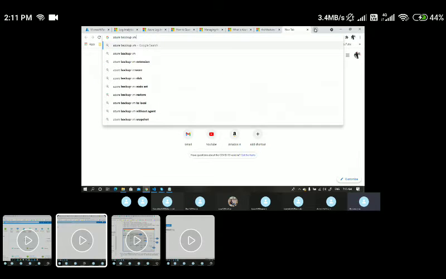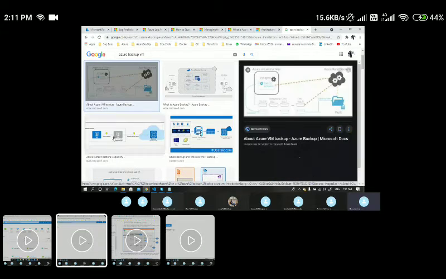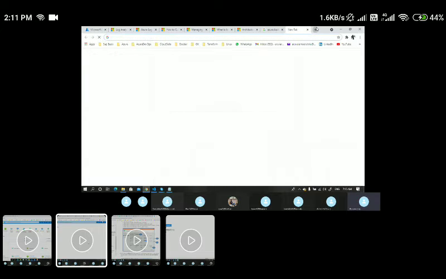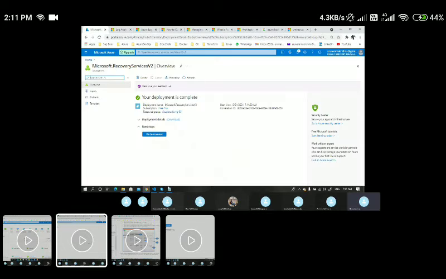Okay, Azure Backup VM. So I'll go to some of the images here. Yeah, so let me quickly show you this now. So exactly what happens is here: just now we have created this vault, that is a recovery service vault. Within this recovery service vault we have a service called a backup service. Let me quickly show you this also.